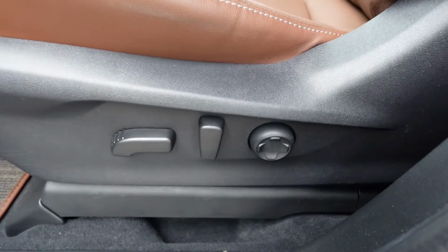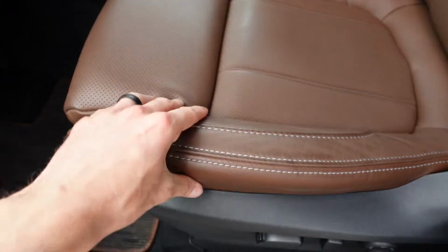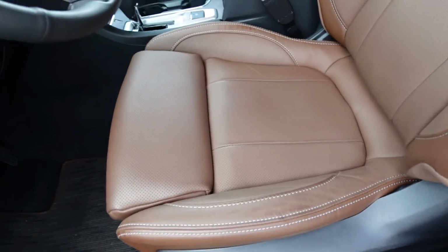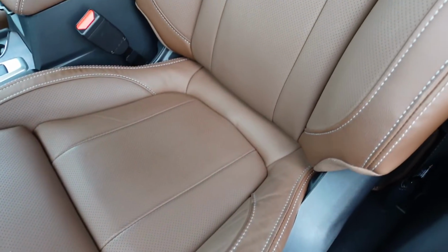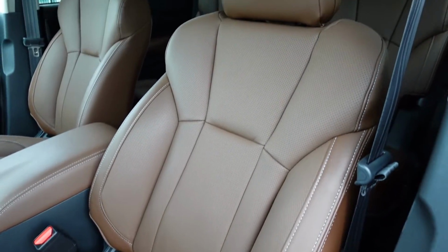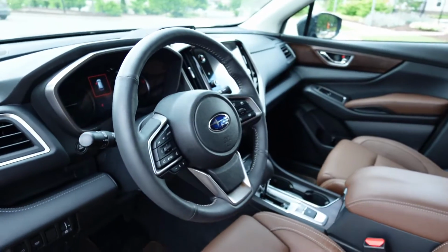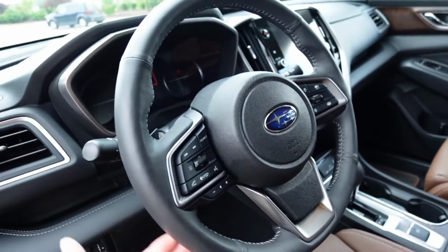All your power controls are on the left side of the driver's seat, and then you get the nice leather material. You also have a leg rest, nice design with all the perforated leather throughout the centers, smooth leather on the far sides. Pretty luxurious seat, something I wasn't quite expecting in a Subaru. You're also going to notice a badge right in the center,